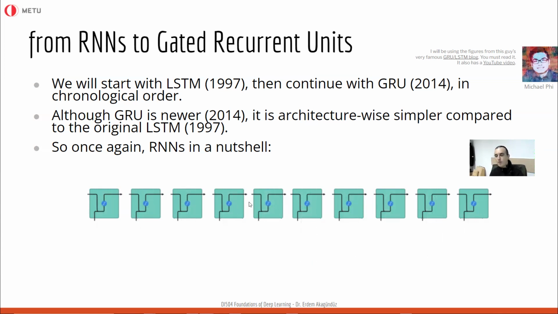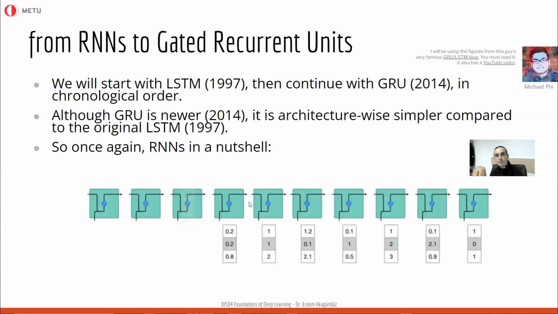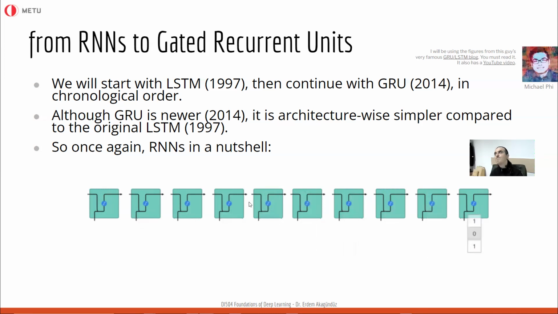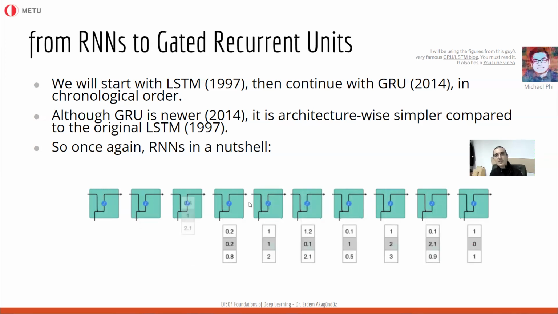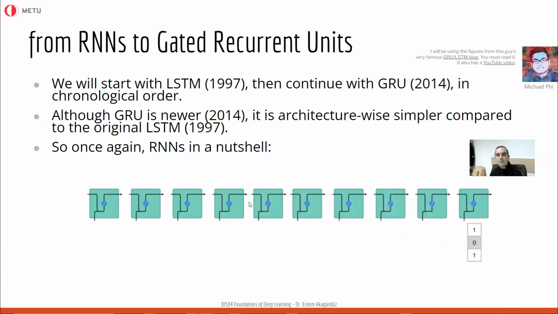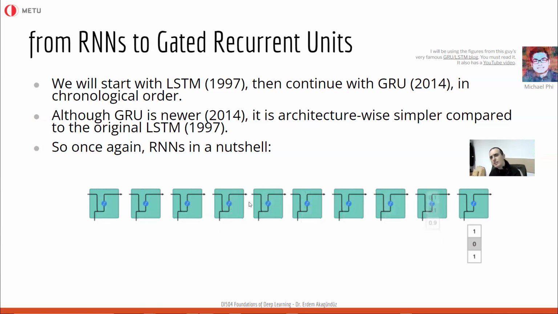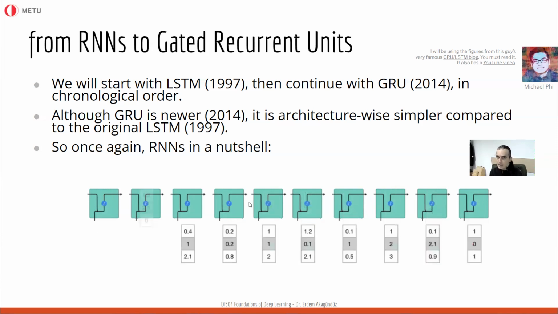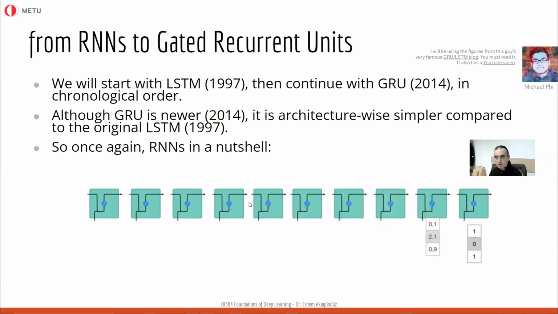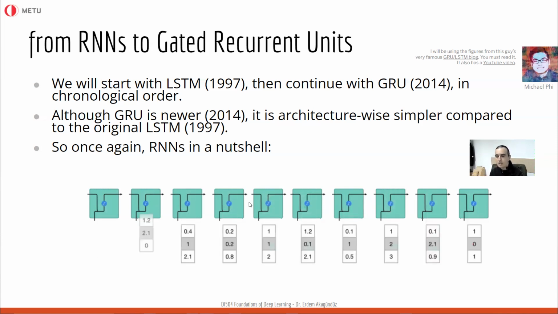However, when people started working on these RNNs, although they promised very strong potential, they realized that they were very difficult to train because of a problem called the vanishing gradients problem. We're not going to delve into the details of this, but we do delve into the details of that problem in the advanced sequence modeling course. So if you're interested, I invite you to that course once again.